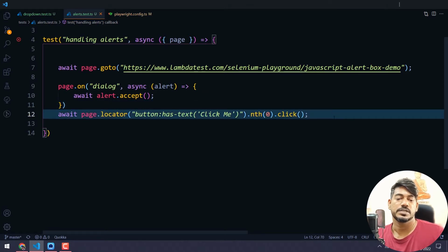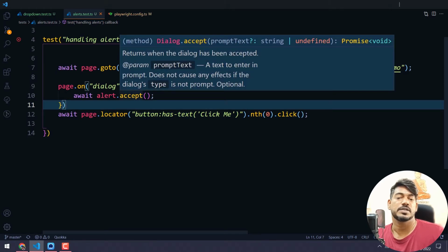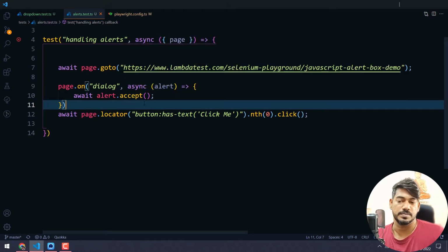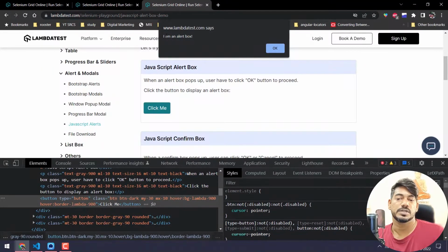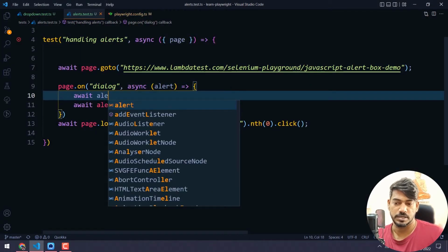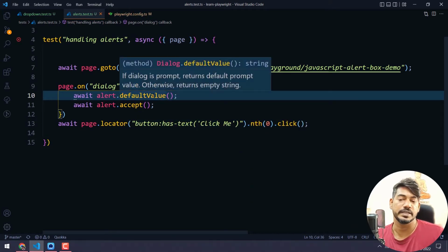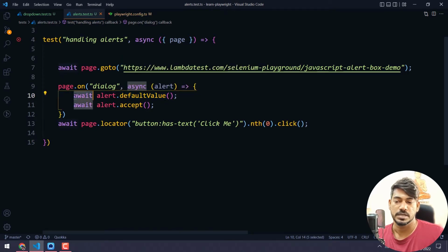That's it. Now let's see whether we are able to make it work or not. Alert.accept, of course there is only one alert, so it will do the accept. Now just for confirmation, I want to check the alert box. Here I can see a text, right? I want to print that. So what I can do is very simple. I can say await alert.defaultValue. Whatever default value we have, we will get that. This is going to return a string,